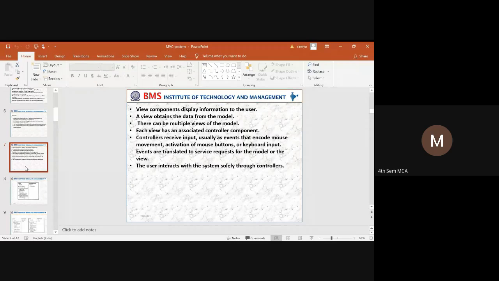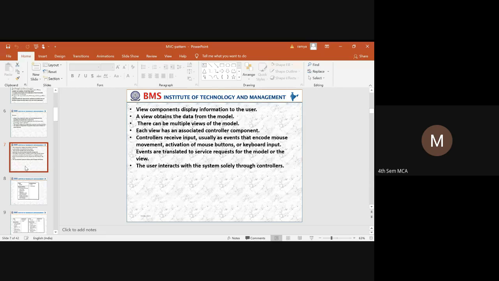Each and every view will be associated with a controller component. What is the controller going to do? The controller is going to accept all the input from the user, and it is going to encode the mouse movement, depending on the activation of the mouse.